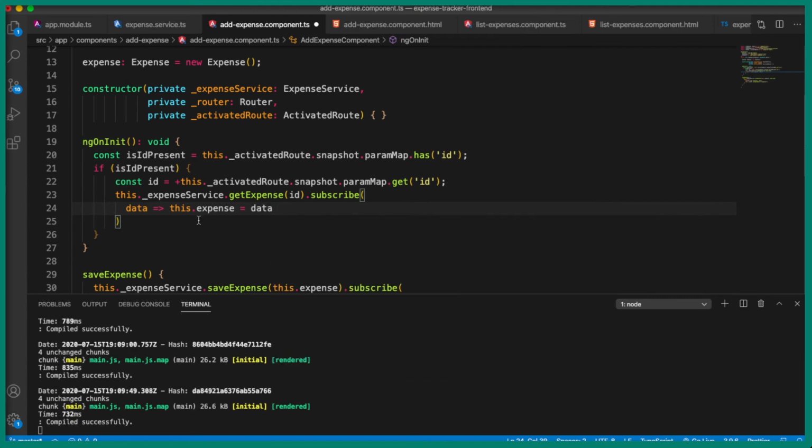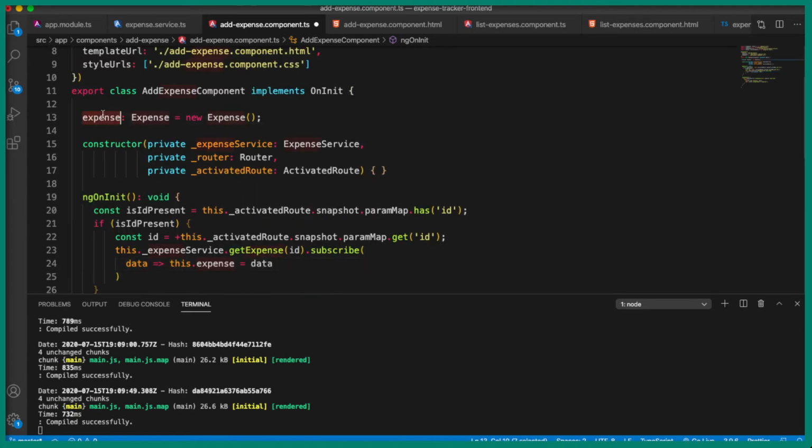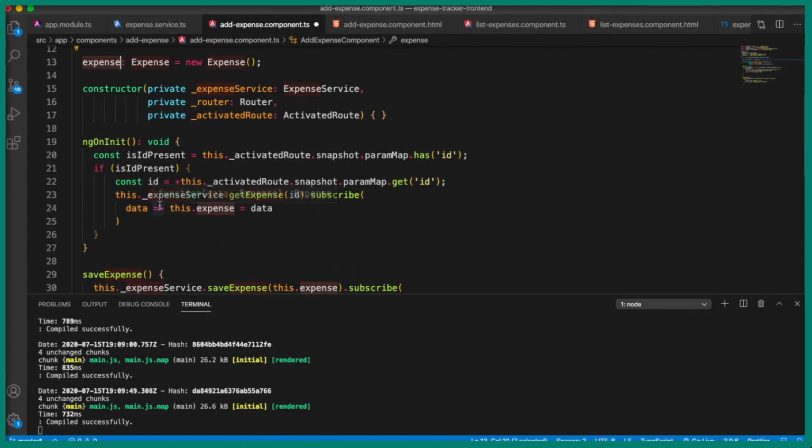So now when the user clicks on the edit button inside the list component, it is going to make an HTTP GET request to the Spring Boot backend application, and it is going to get the single expense object, and it is going to assign it to this expense object. And when we navigate back to the expense form, all the values will be auto-filled inside the form. So that is why we are making this request.